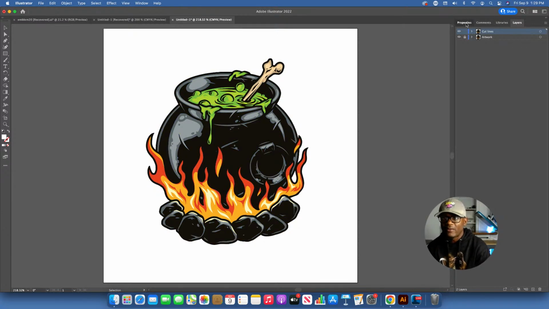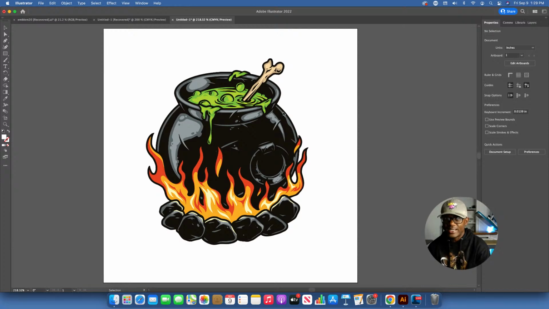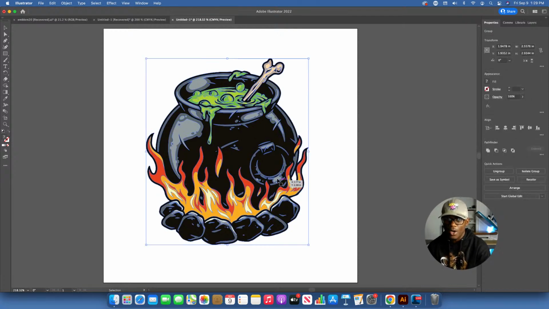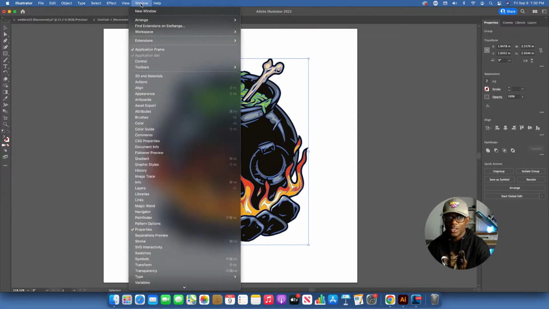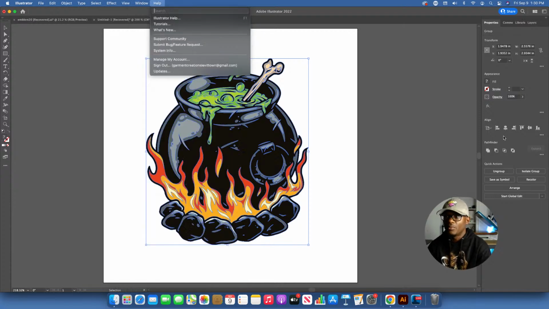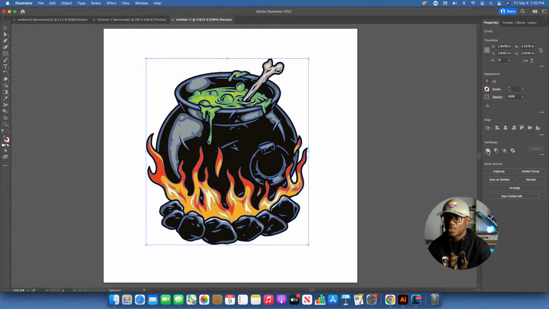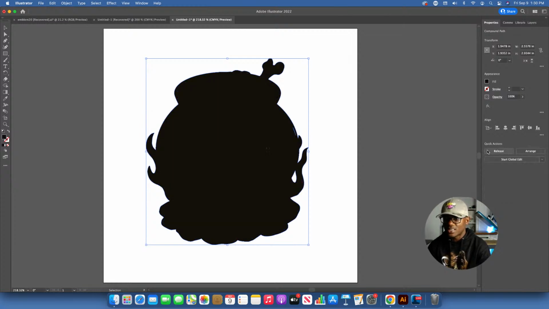But anyways, we're going to go up here. We're going to go to our Pathfinder, and we want to unite this artwork into one shape. Okay, so do that by going to our Pathfinder window. If you don't have it open, go to Window and then down to Pathfinder. But for me, I have it open right here. I'm just going to hit the first one that says Unite. If you can't see it, that means your artwork is not selected. Make sure your artwork is selected. Okay. Now we have it selected, we have it united. You no longer can see the artwork, you just see one blob, big black blob.